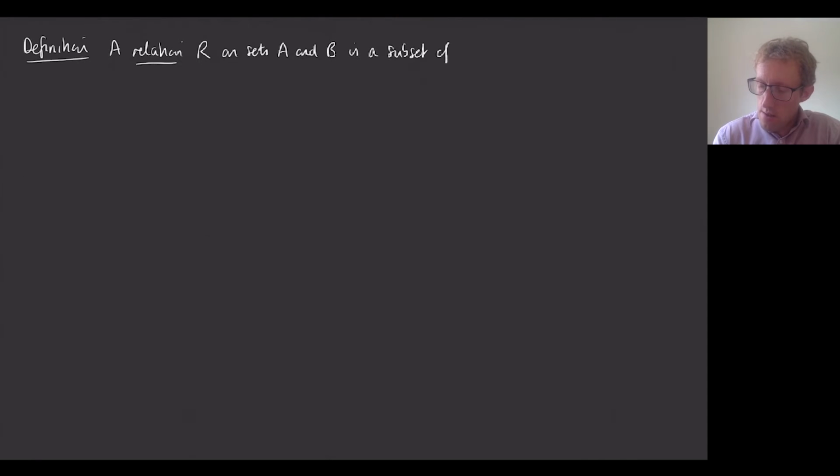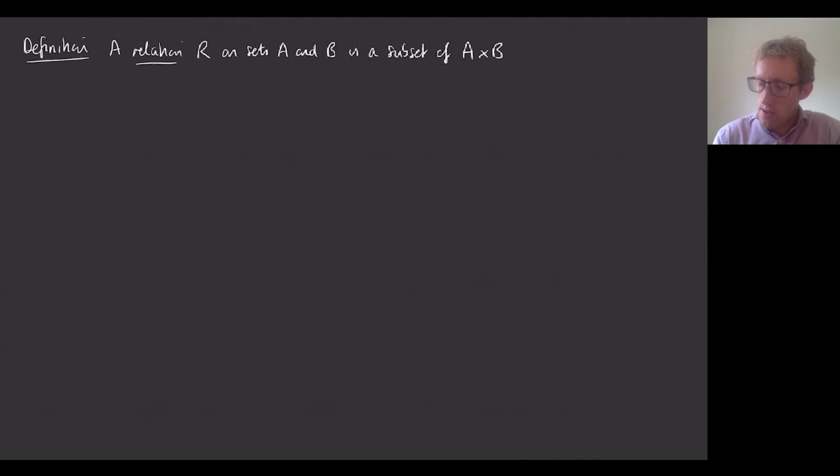So I'm going to start with a definition. So we're going to say a relation, which we'll denote R. Typically we're going to relate two objects that are in the same set, but we can relate objects in different sets, and I'm going to write down a definition for that, a more general case. So I'm going to say that the relation is on sets A and B. And the way we define it is going to seem slightly strange, but we're actually going to define it as a subset of the Cartesian product A cross B.